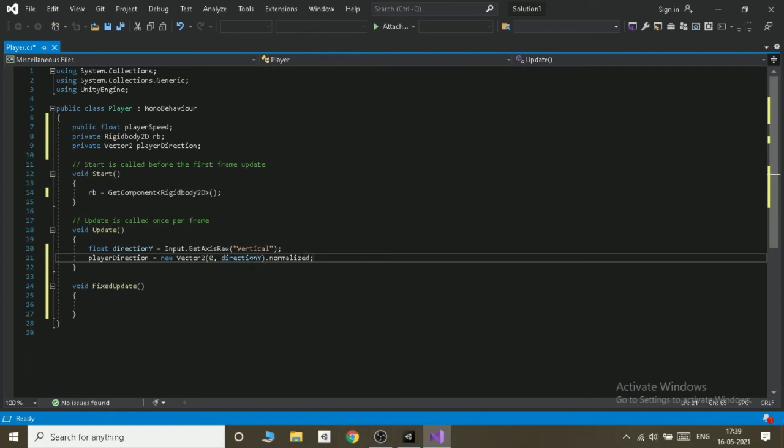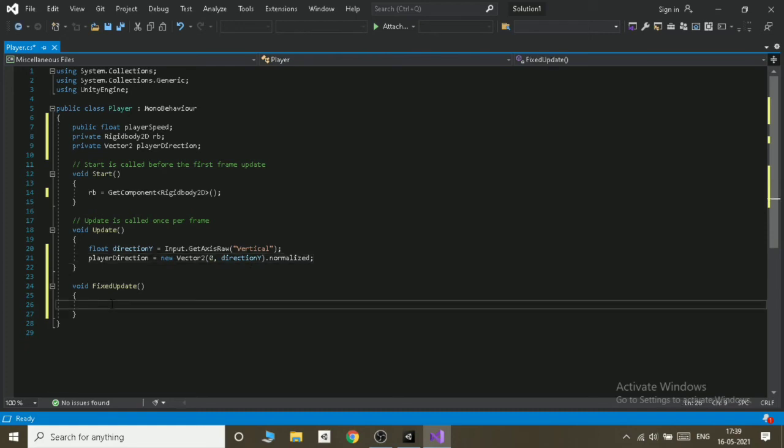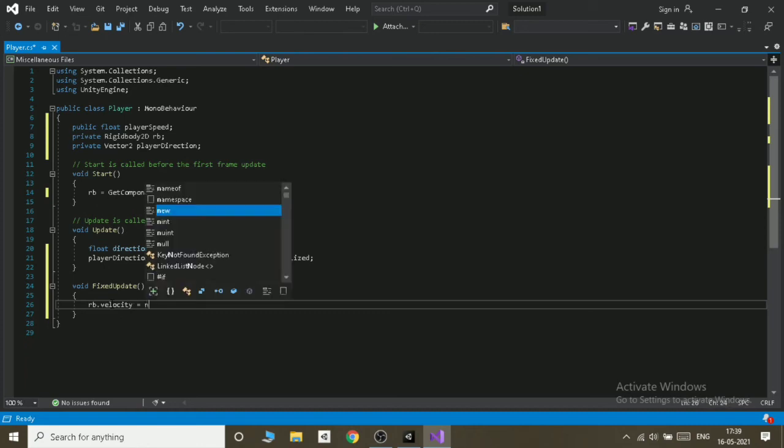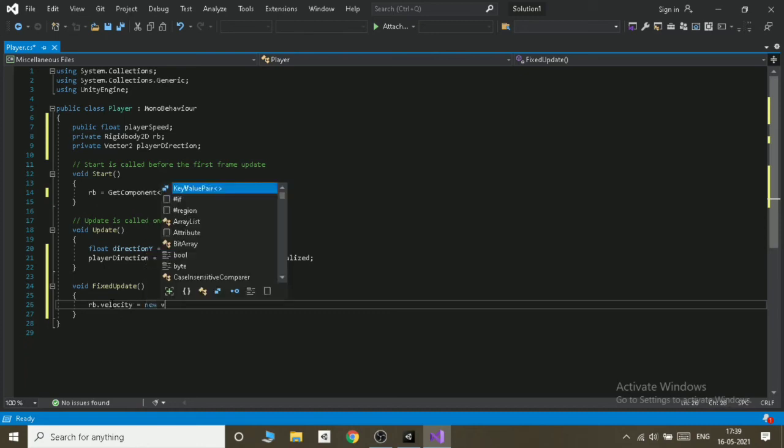Now we have to write a sentence in FixedUpdate. So we'll click FixedUpdate and write rb.velocity is equals to new Vector2. We have to write capital V, Vector2.